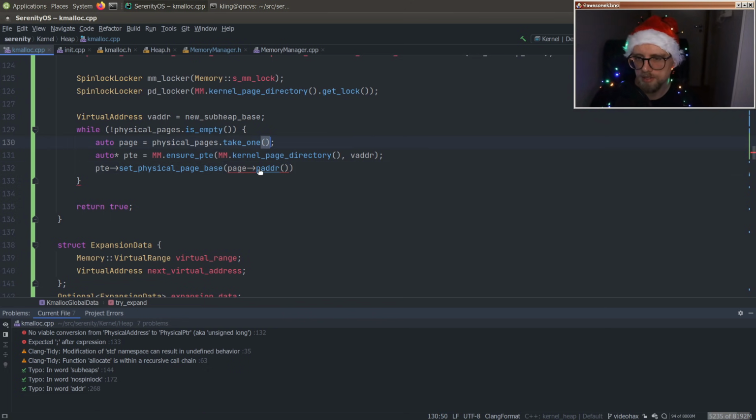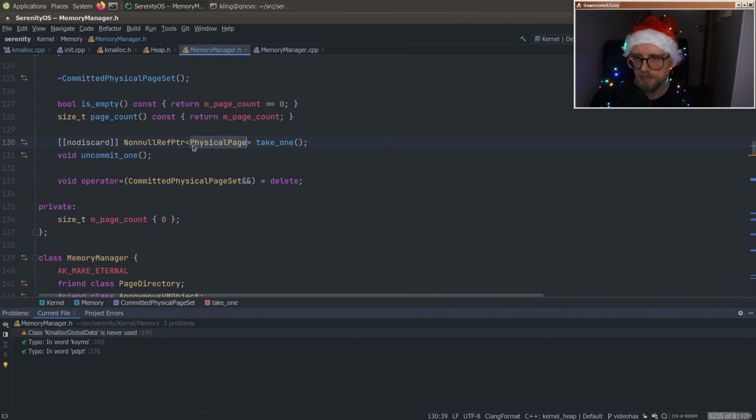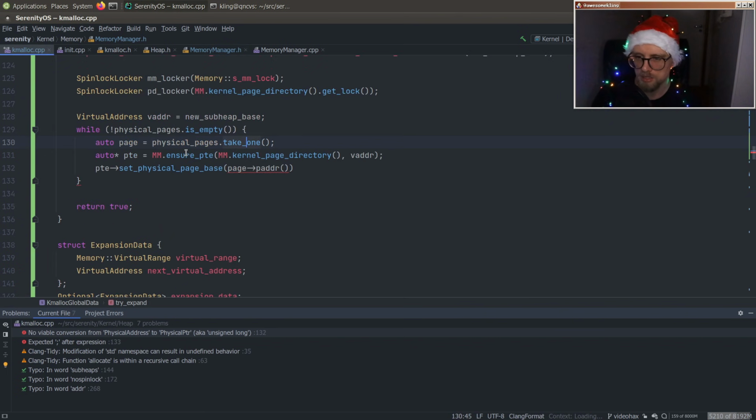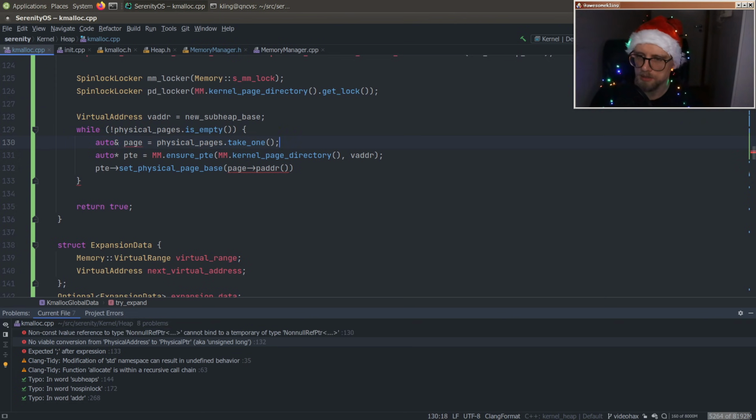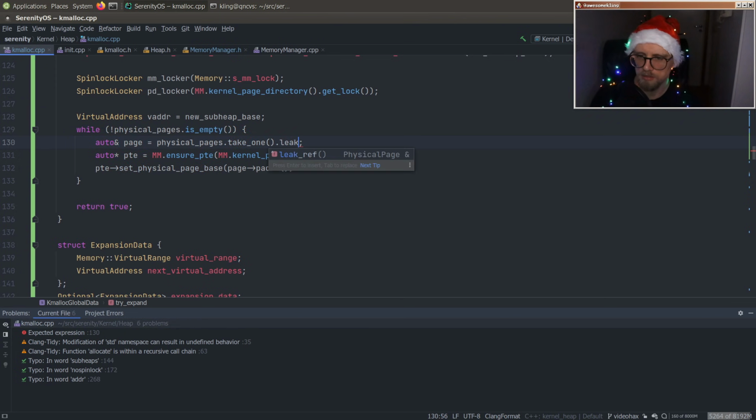Oh shoot, this thing returns a physical page reference counting pointer to a physical page. But at the moment, we are kind of just going to leak these guys. So let's see what we do with that. I guess we can do something like this, like leak ref, and then